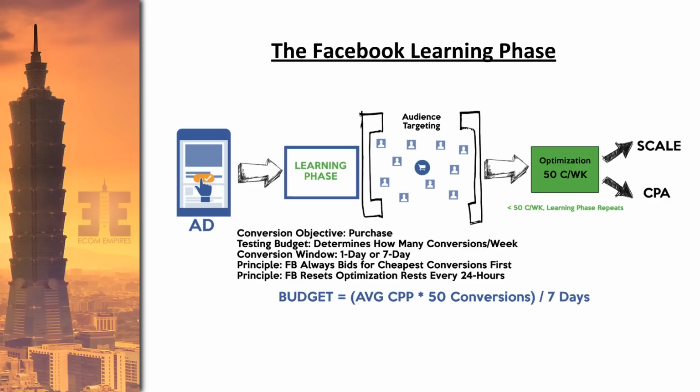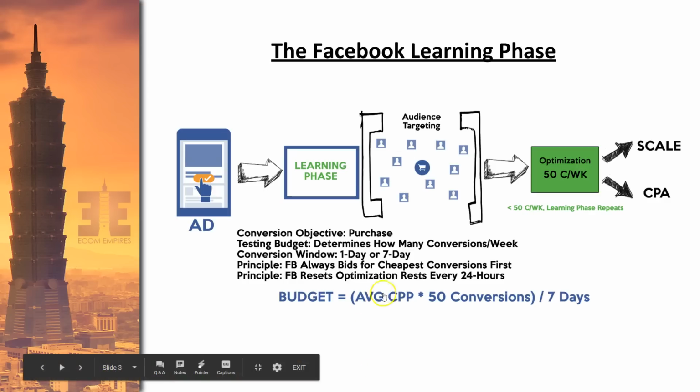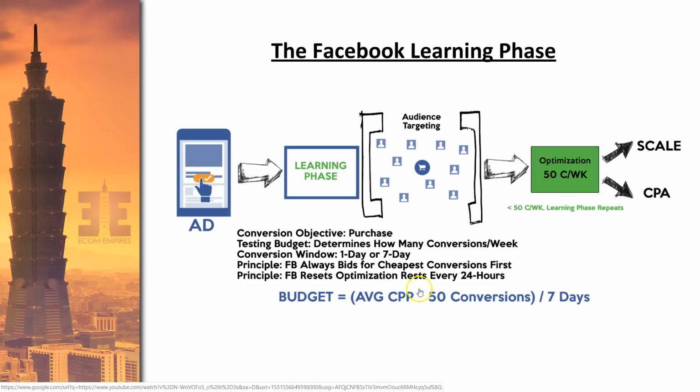So the idea of how you can get optimized is, if you are getting sales, you can look at what is that average cost per purchase. And I need 50 conversions a week. So if I'm getting an average cost per purchase of $10, I know I need 500 conversions per week in that ad set for this to be optimized. I'm sorry, not 500, you need 50 conversions, right? So if I'm getting an average cost of $10, then I know I need to spend $500 per week